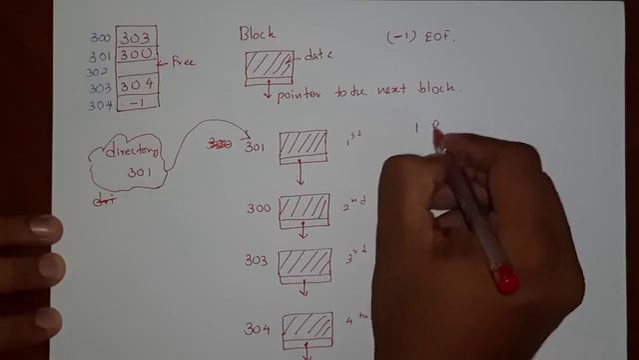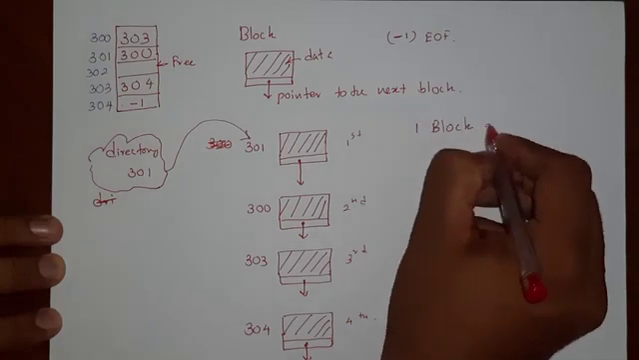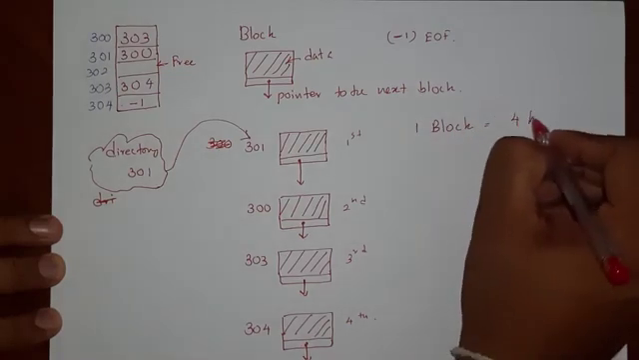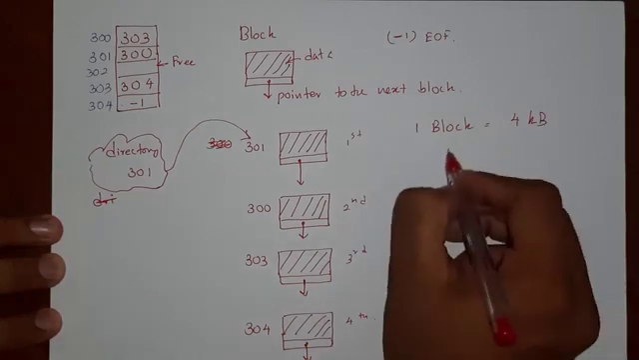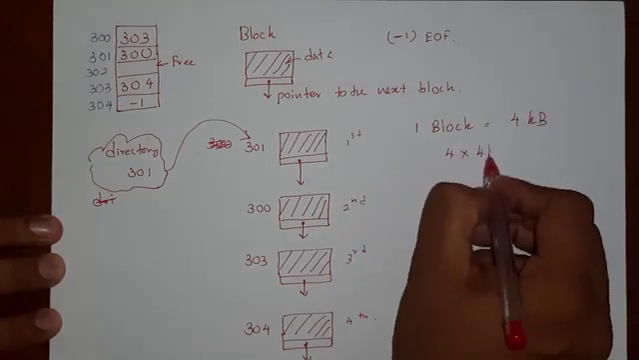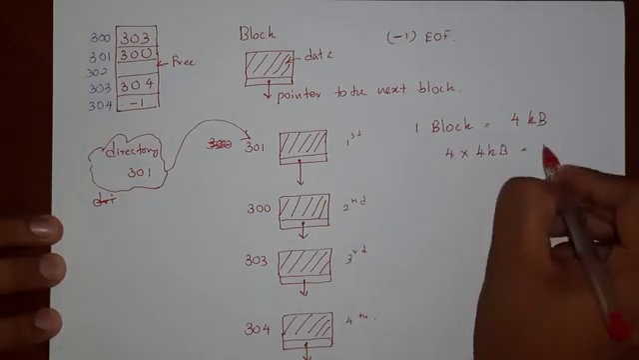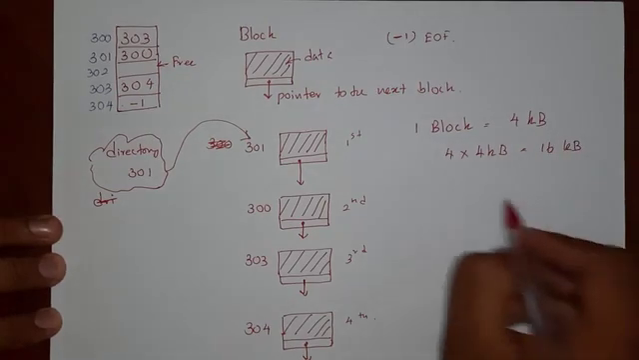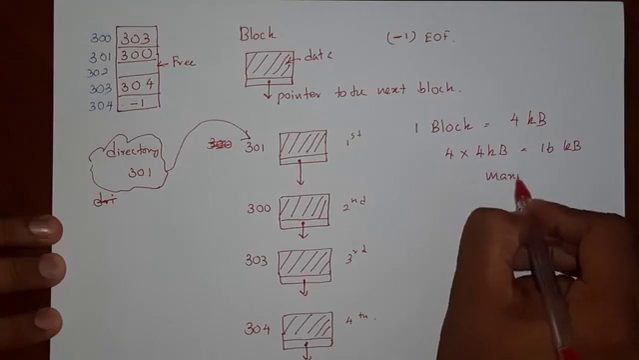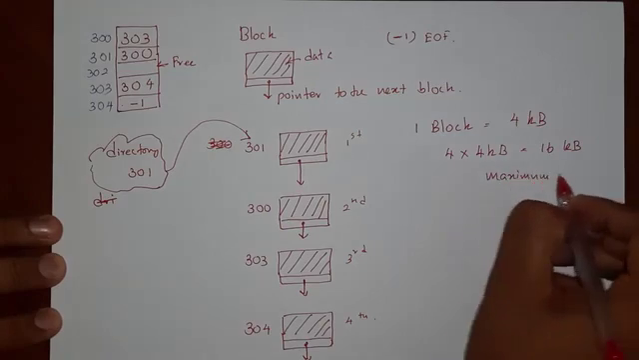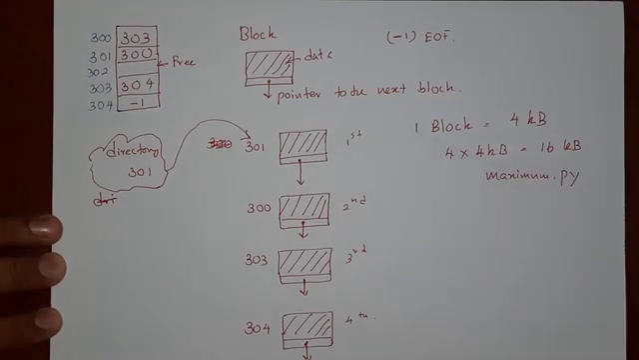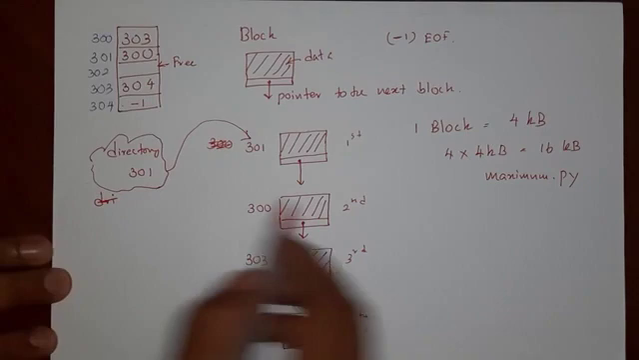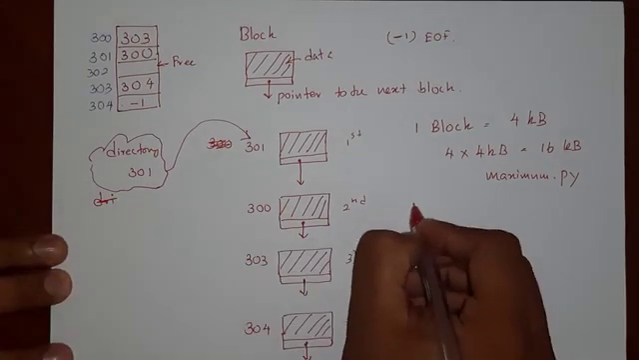One block is equal to 4 kilobytes. So 4 multiplied by 4 kilobytes, 16 kilobytes of file. The file is called maximum.py. This is how it is actually stored. It's the linked allocation. So for the first question,